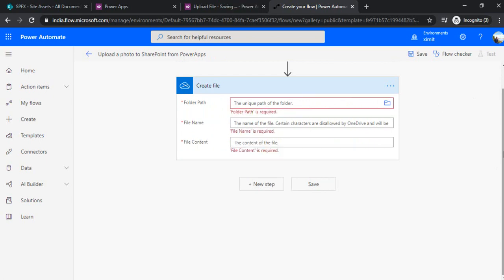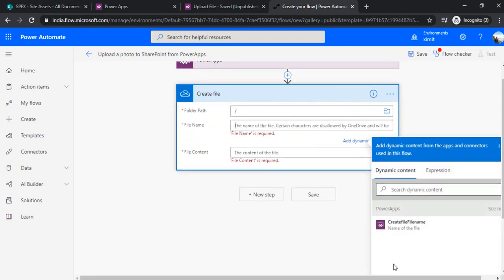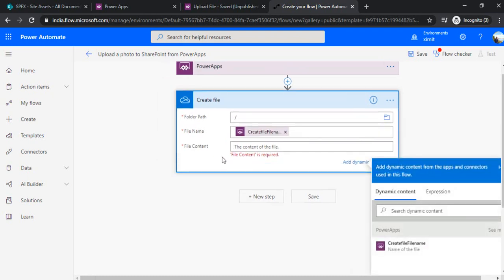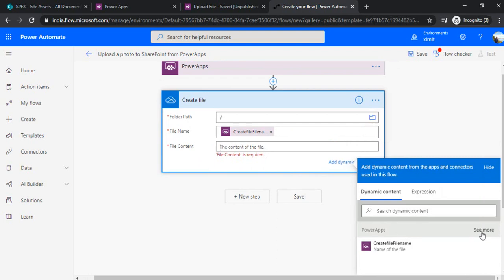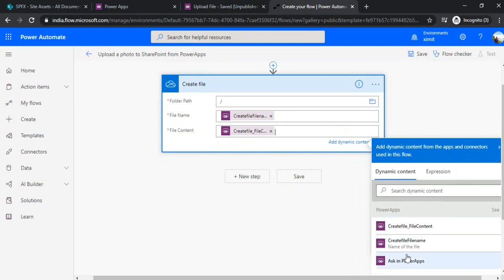Ultimately we'll be moving this file to SharePoint only. For the folder path, I'll just choose the root folder, and under the file name I'll use this create file name, and because I used that template, upload the file to SharePoint, its parameter is already given to me. Under this file content I will click on see more, and then choose ask in Power Apps. It will give me another parameter, that is create file content.